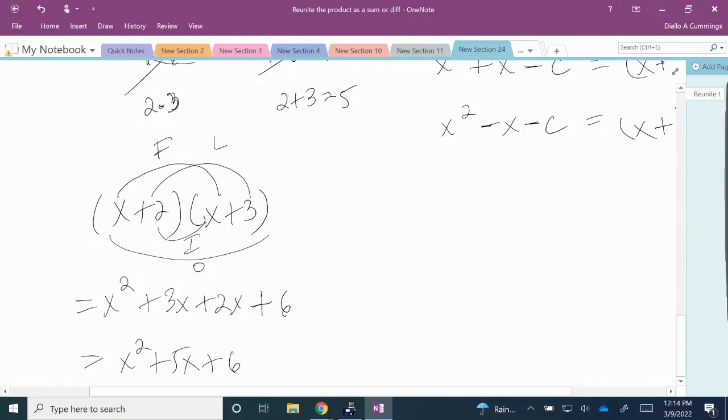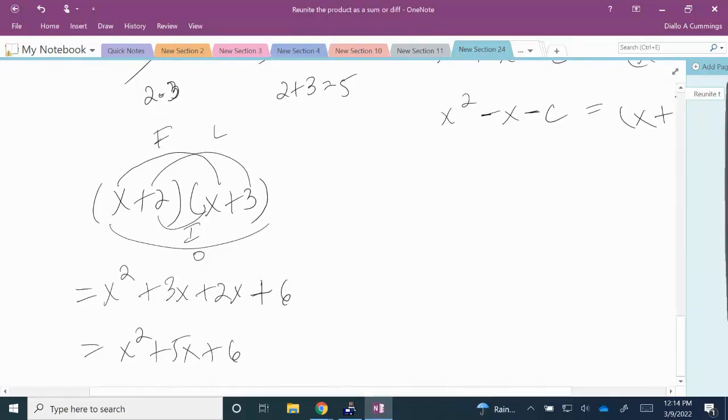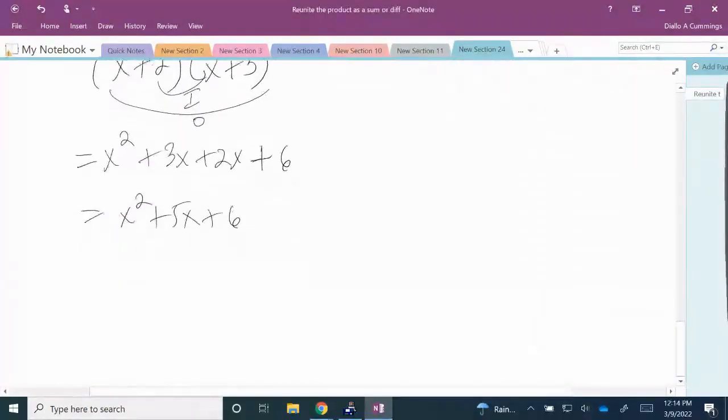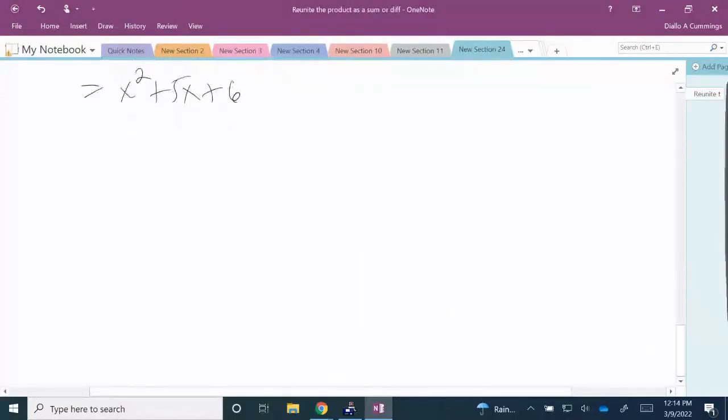Right? You can do the same thing for trig functions. All right, so here's an example. We're asked to factor